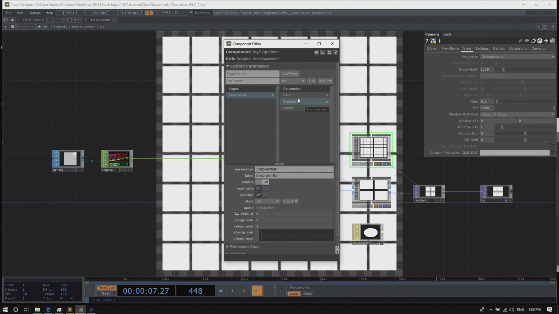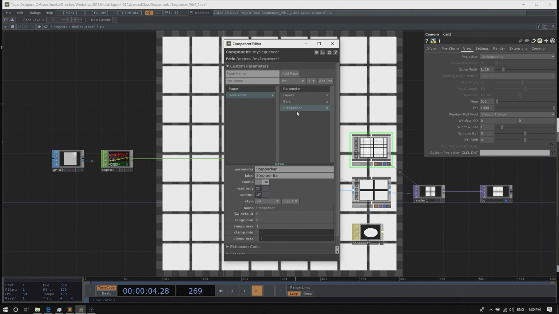You can see that in the component editor, you can type in the parameter name with spaces and everything, but TouchDesigner actually fixes it up for you. The parameter name in the end doesn't have the spaces in it, and it does the right capitalization of letters, etc. And I'll just reorder.